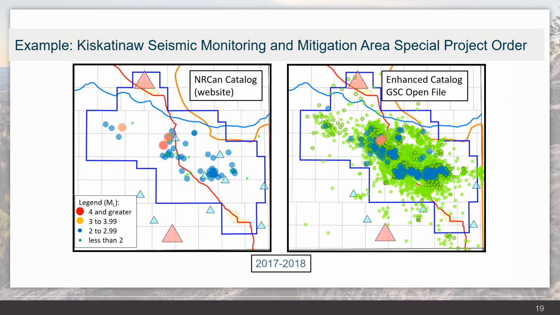Increasing the station density within the Special Project Order has allowed the Commission to better locate and record all earthquakes in the area. The map on the left shows all events recorded by Natural Resources Canada's National Array for 2017-2018. For the same period, the map on the right shows all events recorded using the enhanced station count in the Special Project area. The additional stations, along with contributions from our partners, make it possible to record and catalog the smaller seismic events and more accurately ascertain events that are impacting residents in the area.